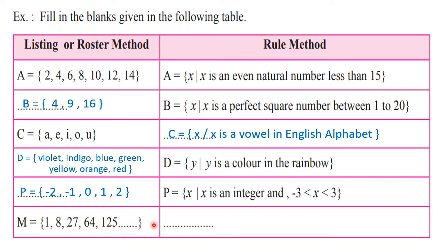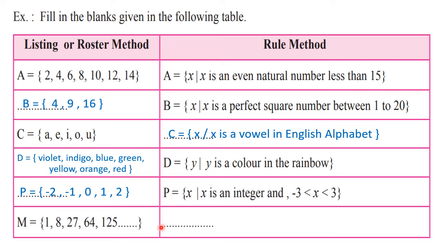So here, whatever element x we are going to describe, that is having two properties. First property is what? X is a natural number. And second property is what? It is a cube. So you can write it like this also, that x is a perfect cube number. Okay. And second property is what? That x belongs to natural number. Okay. Why natural number? Because here you will find that all are positive. Here it is not mentioned because you know that square is always positive. But here in case of cube, the cubes can be negative also, they can be positive also. So here you have to mention that it is a natural number.